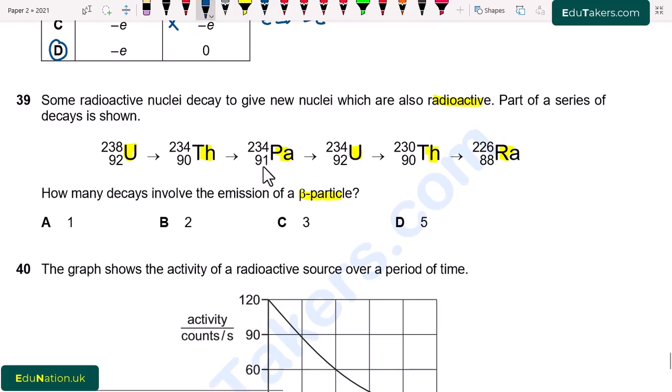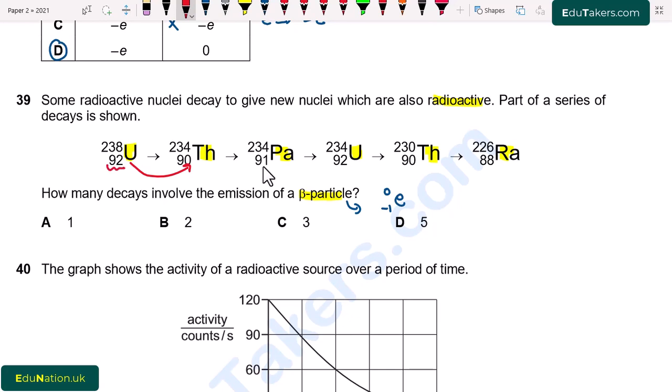So beta particles are just like electrons with atomic number -1 and mass number 0. When an element undergoes beta emission, there will be an increase in the atomic number by 1. So first of all, we can see here when uranium changes into Th,